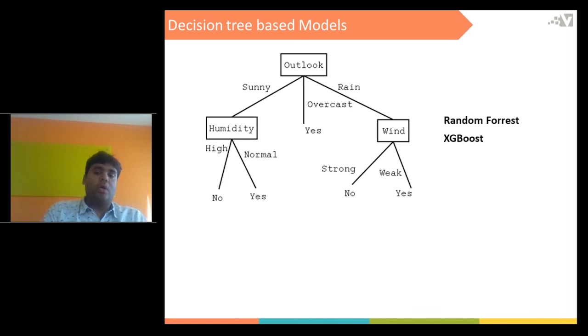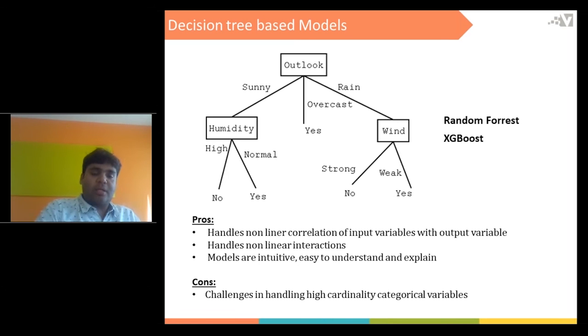Coming to the important part, the advantages. It handles nonlinear correlation of input and output variables nicely. If a variable x is not linearly proportional to y, then decision tree models are able to handle it out of the box.